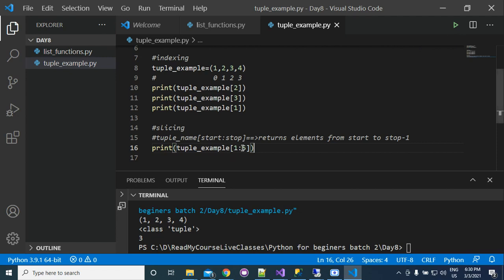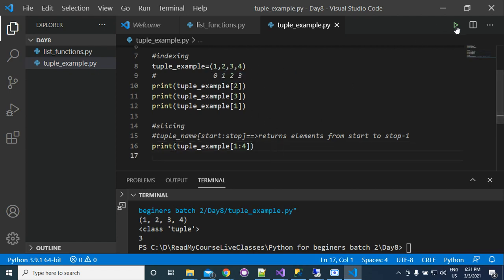Suppose that here we are writing 1 to 4. So we will get the values from 1 to 3. So this is present, 1 to 3. Now here you will get 2 3 4. So it is returning you 2 3 4.